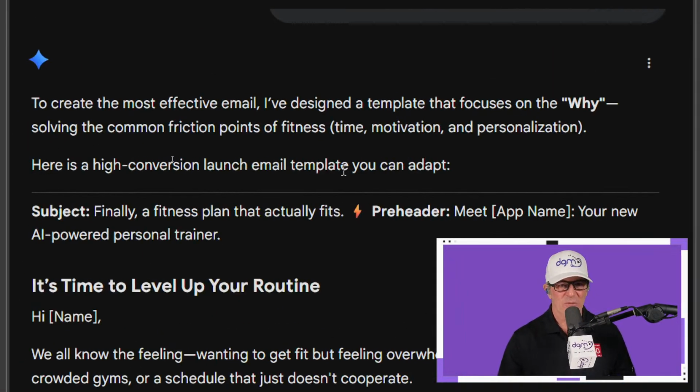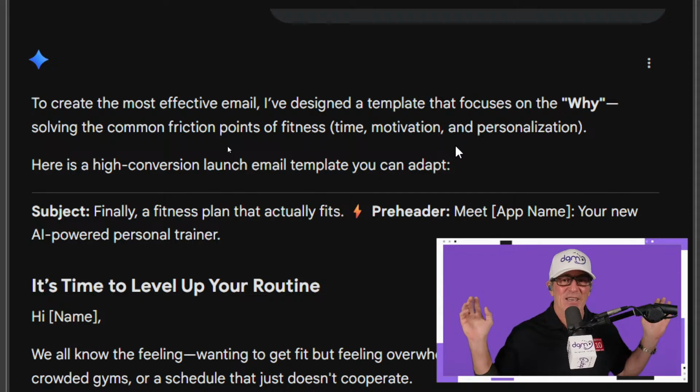To create the most effective email, I've designed a template. So it made a template for us that focuses on the why, solving the common friction points of fitness. Now, every model is going to give you a little bit different answer, and this happens to be Gemini 3.0,